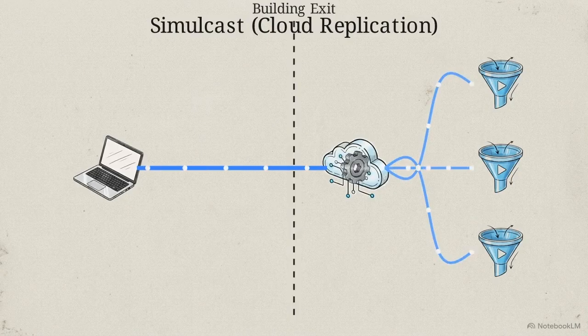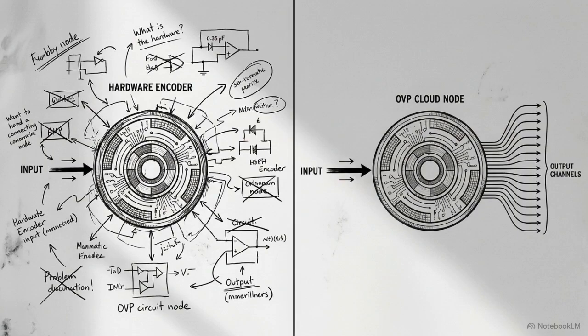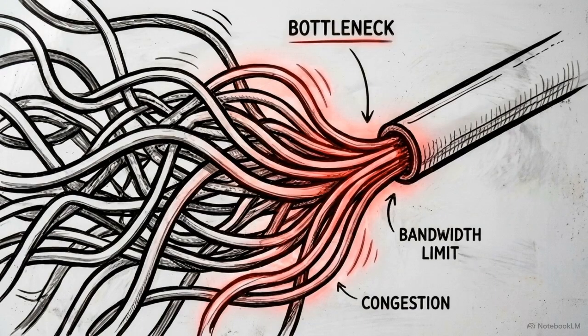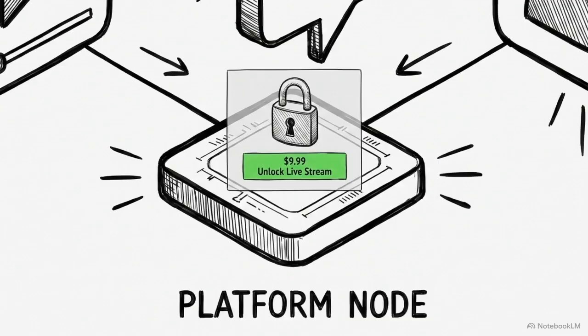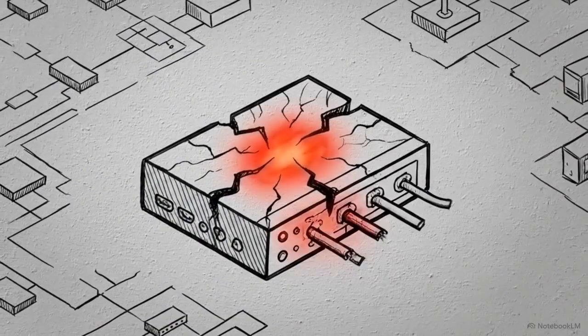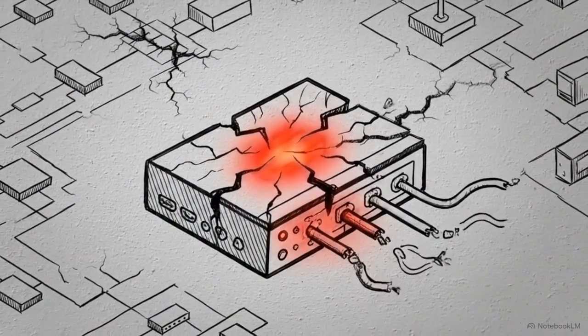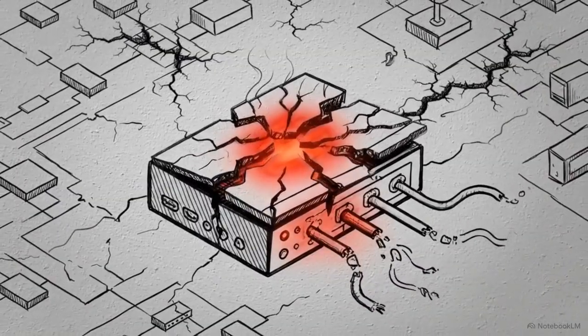Simulcast, by contrast, is cloud-level replication. The signal leaves your local network as a single feed. It only duplicates once it hits a powerful, centralized cloud server. Deciding where that duplication happens, on your local desk or in the cloud, dictates your local bandwidth survival, your stream's latency, and ultimately who controls your monetization. If you misunderstand the point of replication, you guarantee either a catastrophic hardware failure on site or a complete loss